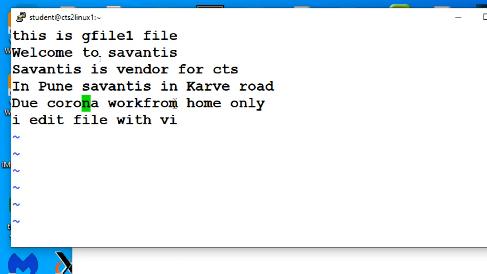Next, again, small a, next to the cursor. The cursor is shifted to next and goes to insert mode. These are insert commands only. Capital I, small a. Escape. I'm using capital A now.